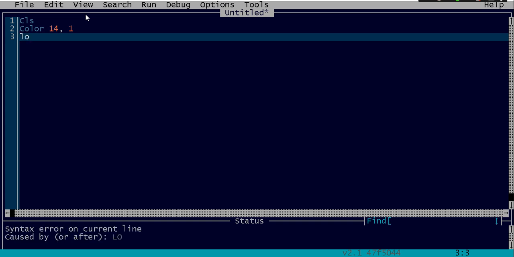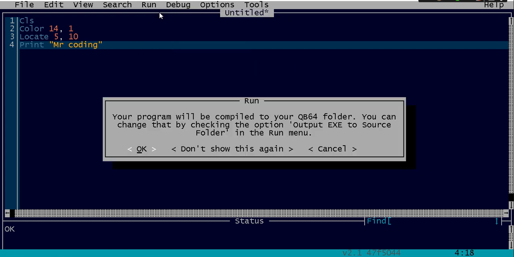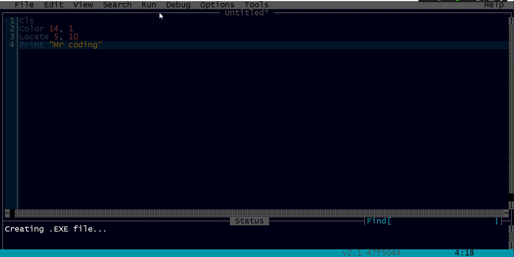Then LOCATE. You remember what we said about locate: row and column, row 5 and column 10. The text will appear in row 5 and column 10. PRINT, of course. Let me still use this as Mr. Coding, as my students normally call me. So when I print this, I will have